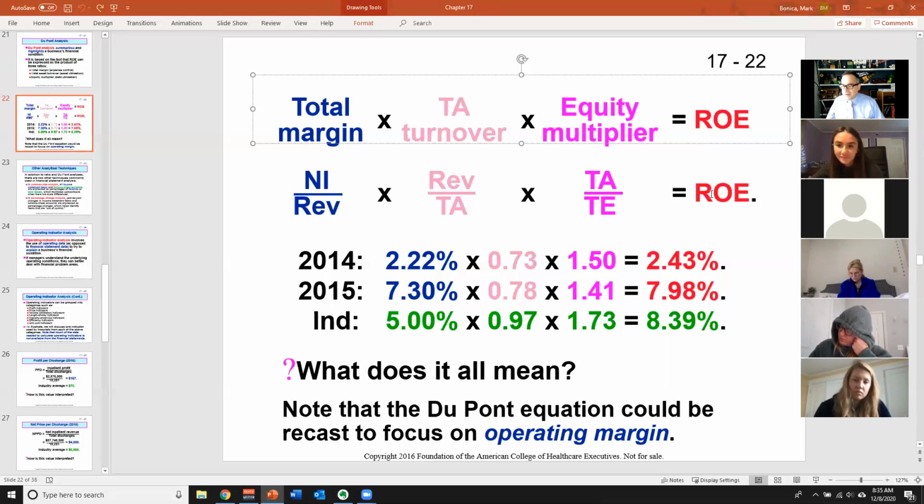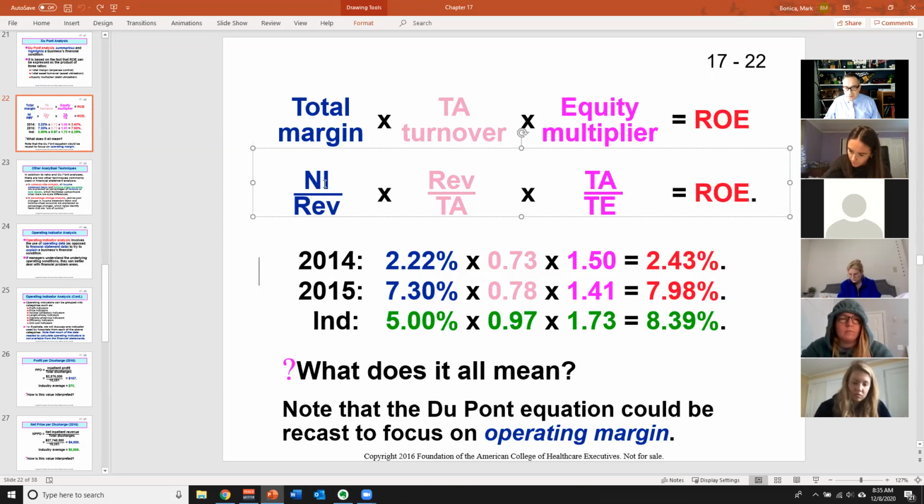Net income. Remember, ROE is net income divided by total equity. So TE, total equity. So we have total margin, which is profit margin. All three of these are important numbers. We want profit margin to be higher. What does profit margin tell us? One way to look at profit margin is as an expense control